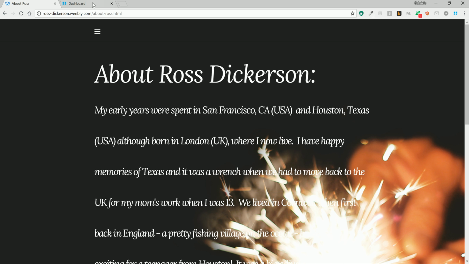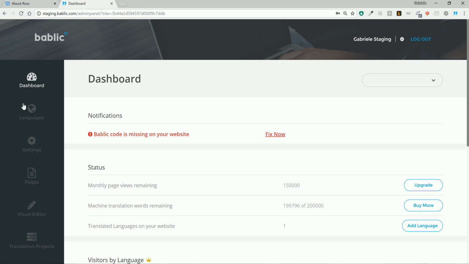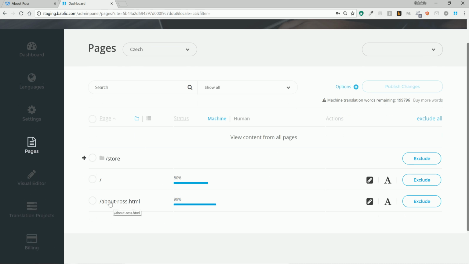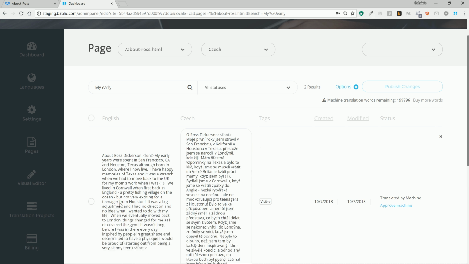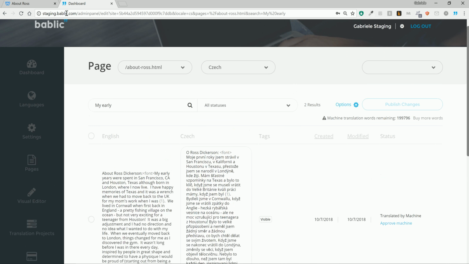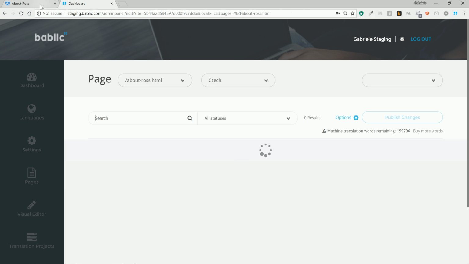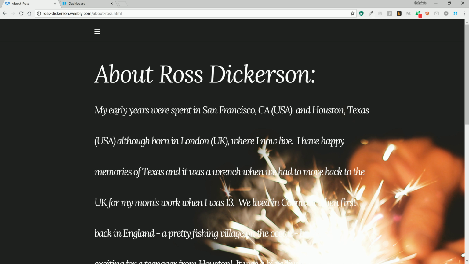So the first thing we're going to do, we're going to open our dashboard and go to the Pages section. Then we're going to click on the page that we need to work on, this About Us page. And here, basically, I will use the search bar to look for content that appears